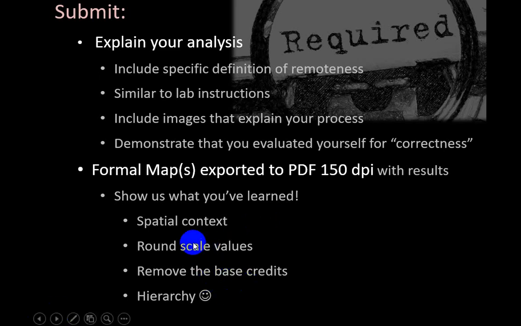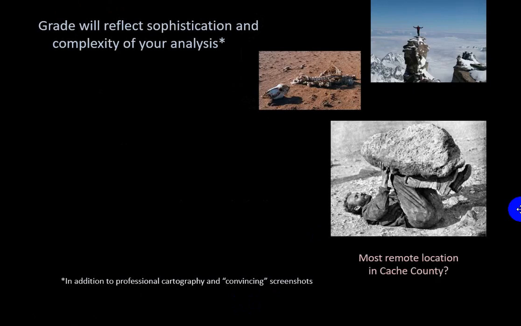If you're going to use a solid fill on polygons or things like that, use a more graphic base map. Two basic things. Round your scale values when you're using a scale bar. Remove base map credits. The one that's missing here is units for values. If you put an elevation legend on your map, for example, make sure you include units for the values always, always. And then along with hierarchy, and I'm talking about text sizes and boldness, whether you put frames around different elements on the map, make sure that your alignments are nice and tight. These are the things that we're going to be looking for on the final map.